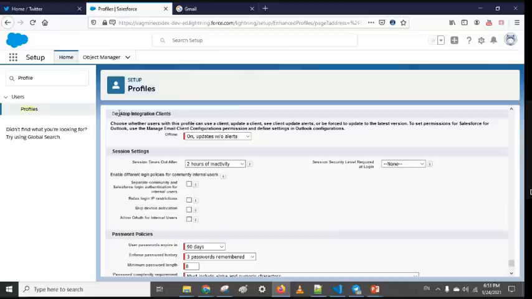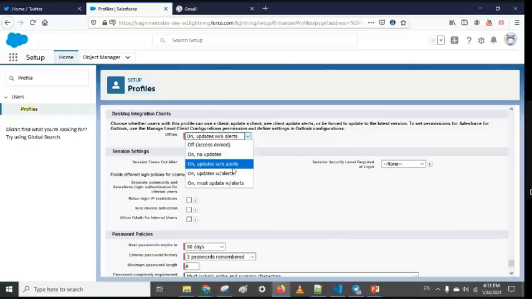Now we have the Desktop Integration Client. We already discussed the offline user. If you require those kinds of settings, we can set them up here. By default the offline user is there, but when the offline user comes online, what action should be performed? No update means no update will be done in the system.